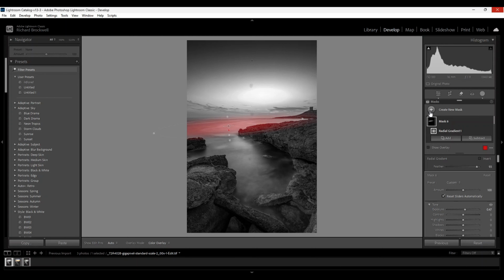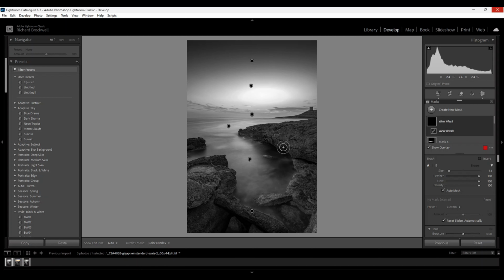And next we'll be using another mask, but I'll be using the brush. And here we'll be doing some dodging and burning. Make sure your feather is all the way up to 100. You have a flow 100 as well, and the density is 100 also. I'm gonna increase the brush size by opening the bracket keys,